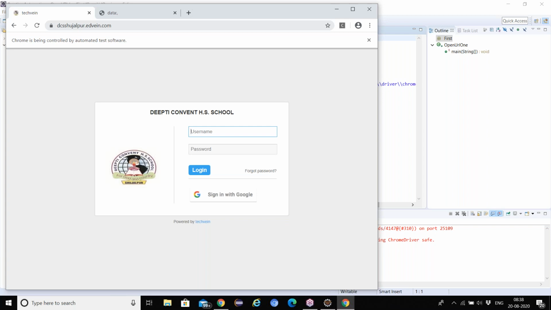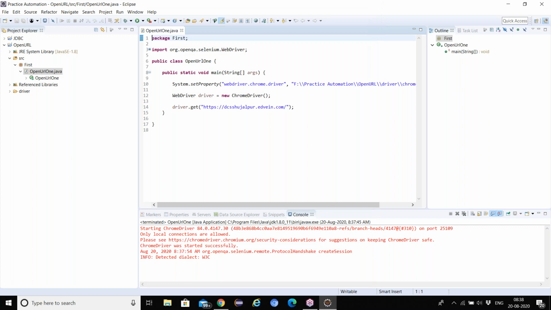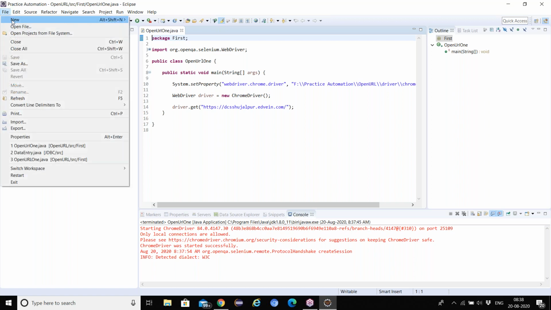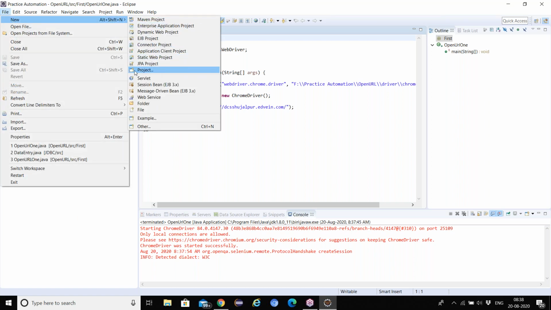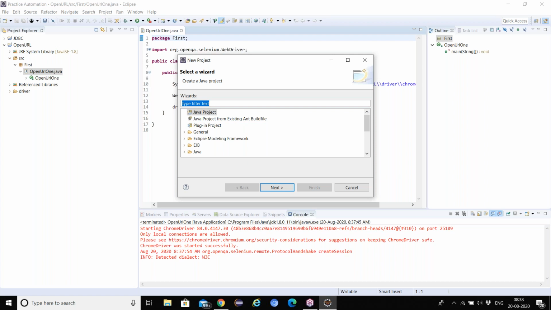Okay, let's see how to launch the Firefox. Now can you create one more project? Go to create one more project. See guys, how to create a project. Hold on, it's still rotating. Okay, new project, Java project.